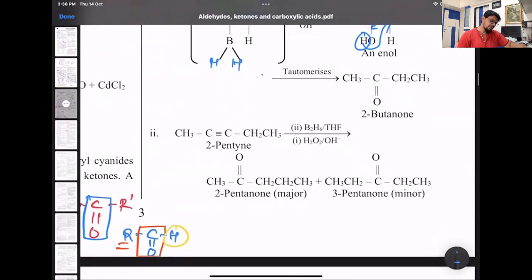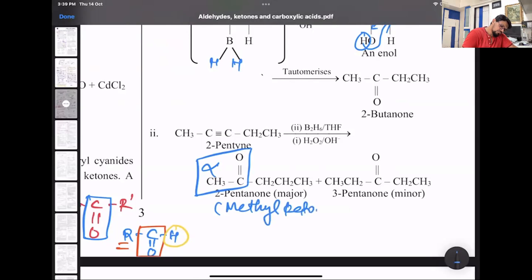And if it is an unsymmetrical alkyne, like look at that, this is the unsymmetrical one, pent-2-yne, then there's a probability of two compounds being formed. You can have pentan-2-one and pentan-3-one. Both can be formed, where it says methyl ketones are predominant. That's a methyl ketone, which has basically 3 replaceable alpha H. So this will also give a positive iodoform test. Where it says methyl ketone will be a major product. All right, that's one part.